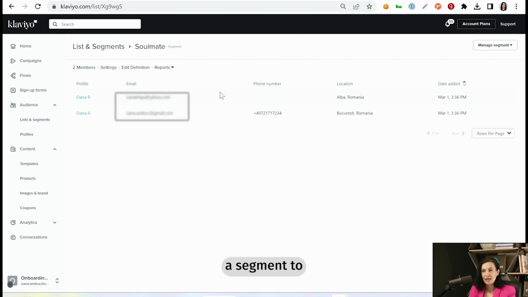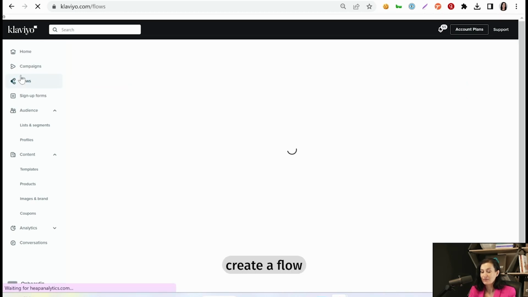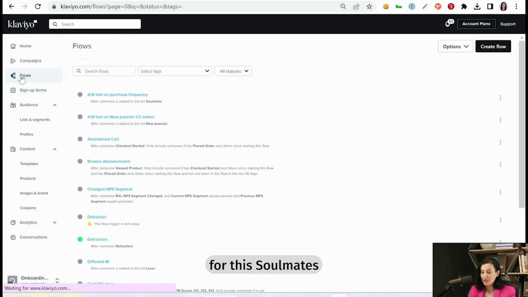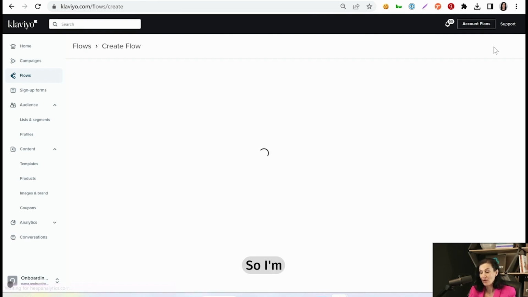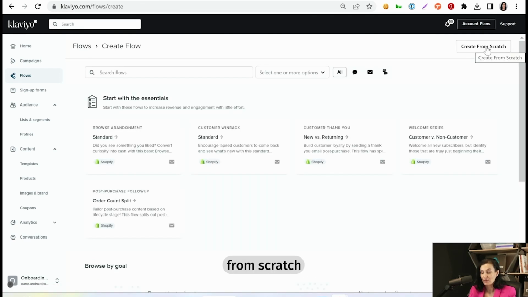You can use a segment to trigger a flow, or use it to send out a campaign, or you can use customer properties from Reveal directly to trigger a flow. Let's see how to do that. For example, I would like to create a flow for this soulmates RFM group that I just created. So I'm going to create from scratch,